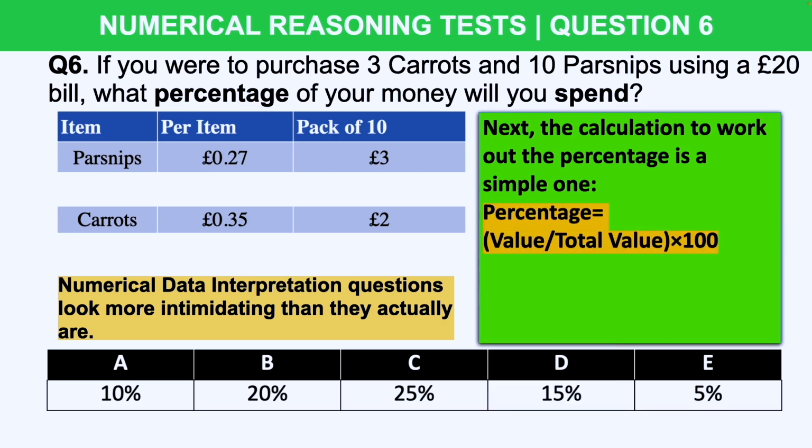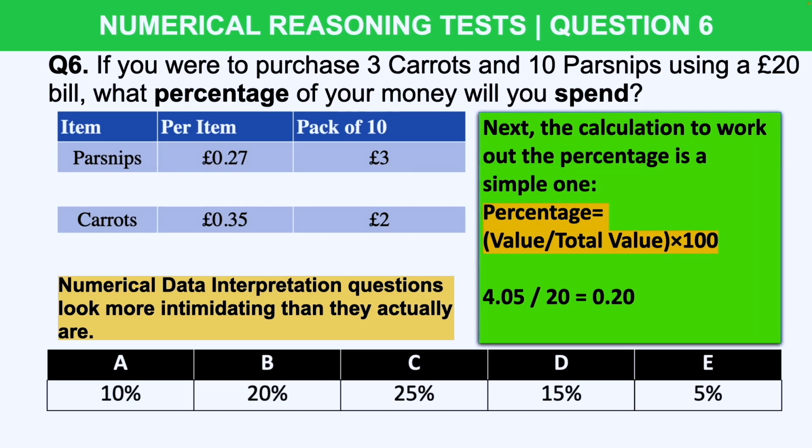It's simply this. The percentage equals the value divided by the total value times by 100. So let me break that down for you. In this case, it'll be £4.05 divided by 20, because 20 is the total value we paid using a £20 note. So that gives us